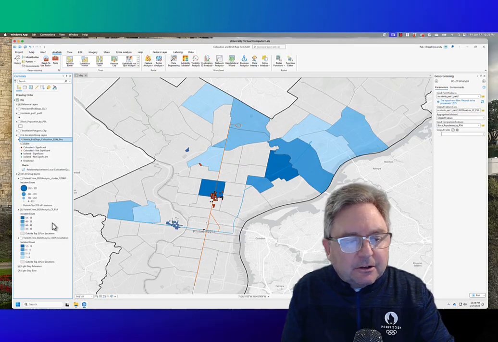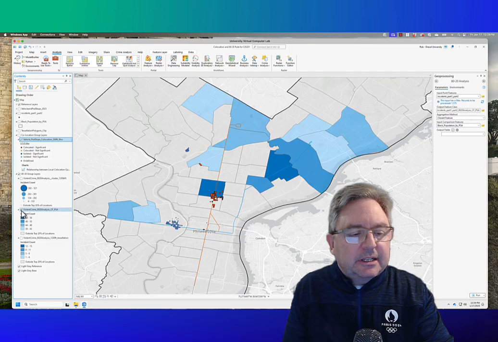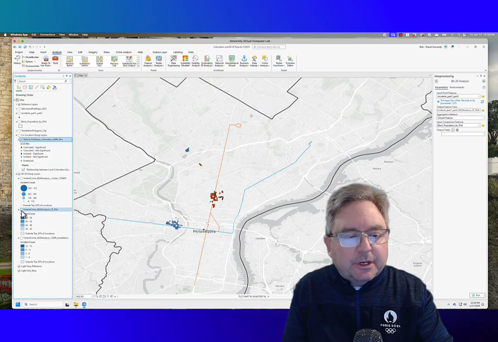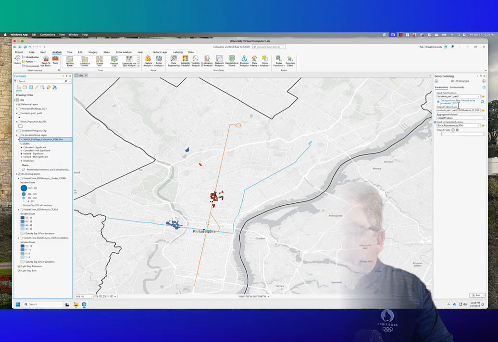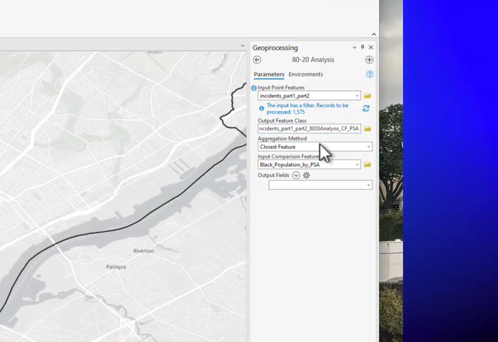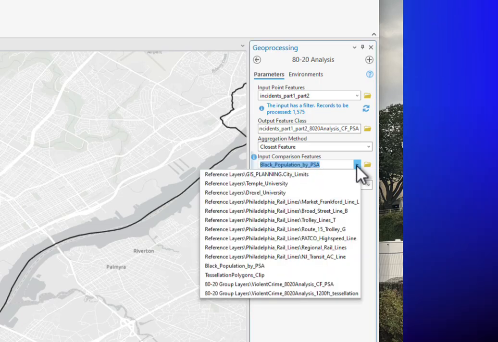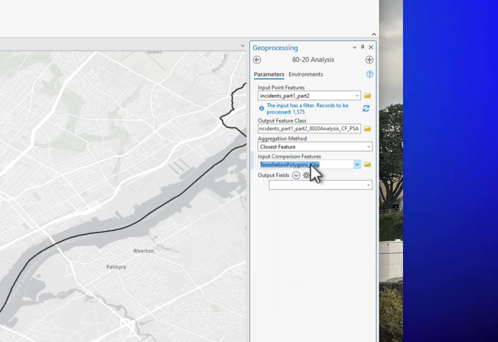All right, the final analysis you're going to conduct is a third 80-20 analysis. And pretty much the parameters will be the same. It's still a closest features, but instead of using the PSAs, you're going to use this tessellation polygon clip. Now for this, you're going to change the output feature class name, get rid of the PSA and call it something like